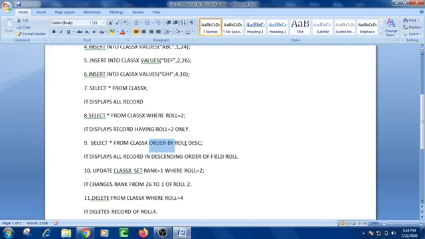Then we write down the name of the field, then I have to mention descending or ascending. For descending I will use DESC, and for ascending we will use ASC.